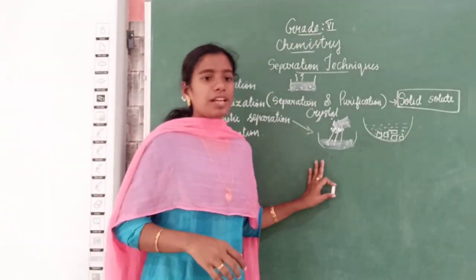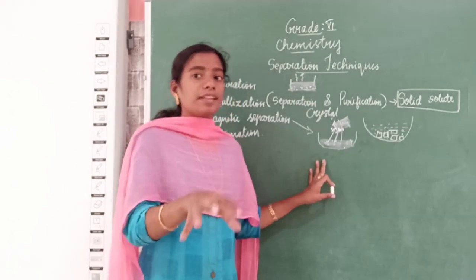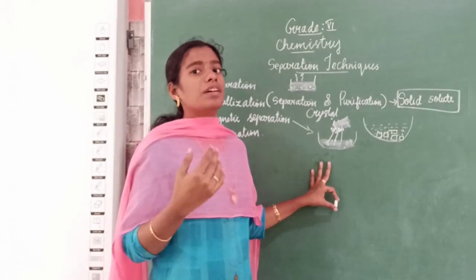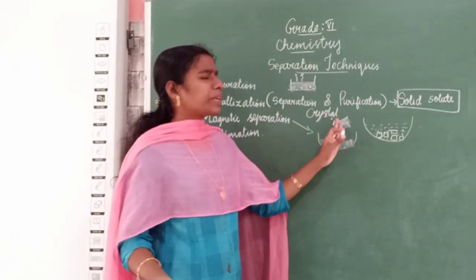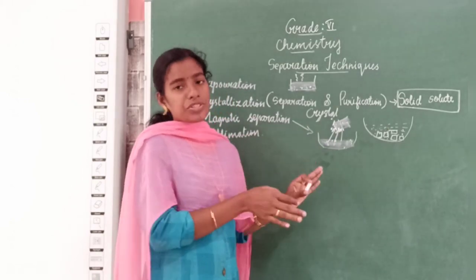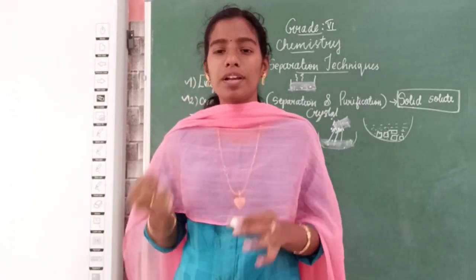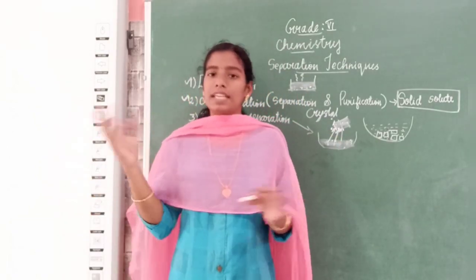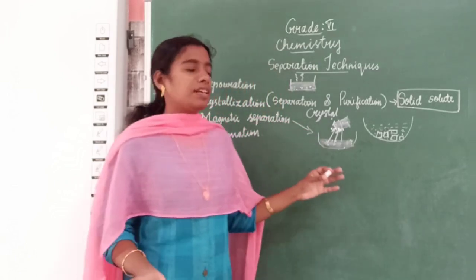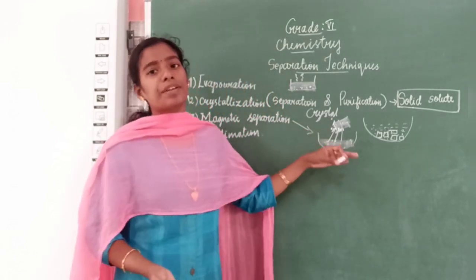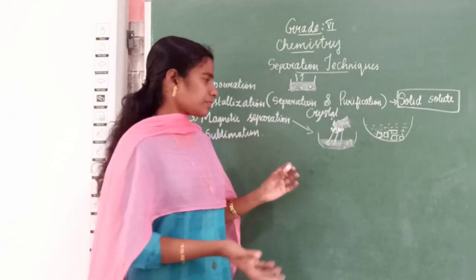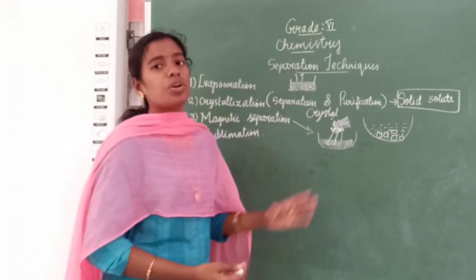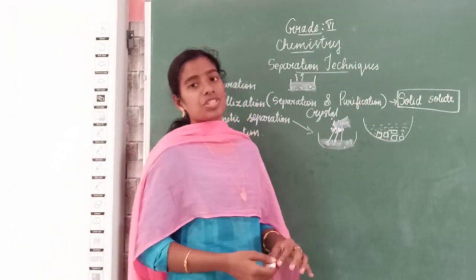You have to take the mixture. The mixture should contain the substance which will get attracted to the magnet. When you choose such substances, when you bring this magnet near the mixture, all the substances which are having the capacity to stick on to the magnet, it will go and stick in the magnet. The remaining, in this example, sulfur will remain in the bowl. Now you have separated the iron pieces, iron filings and sulfur. So it's an example for a separation technique.